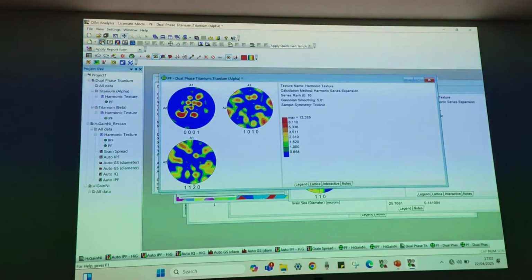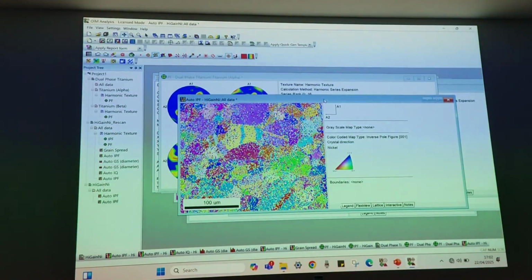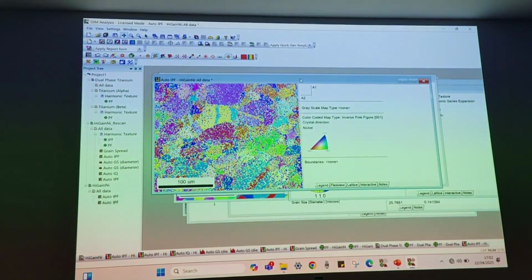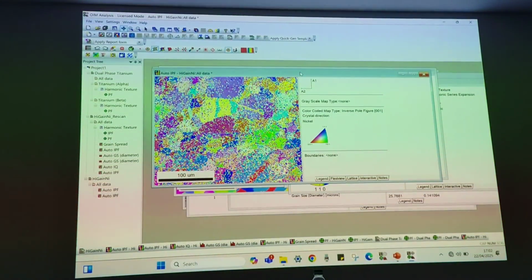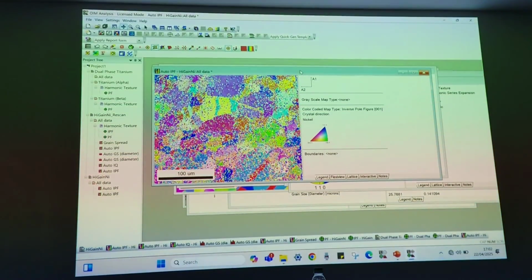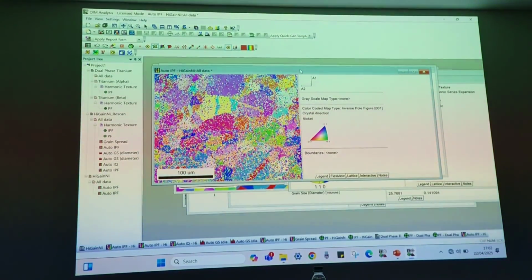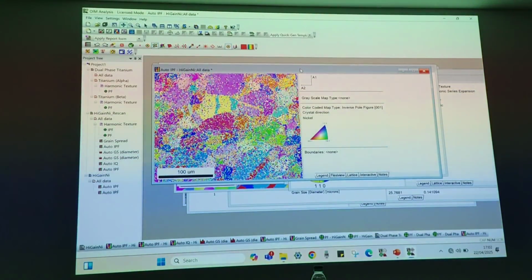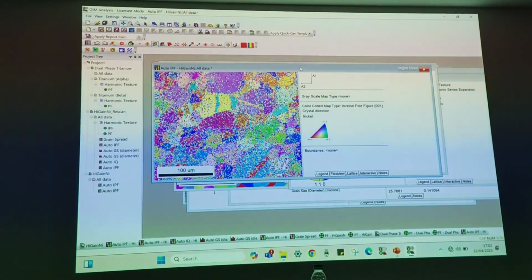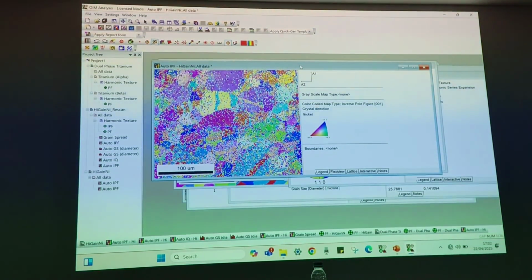So it is similar to the bulk texture analysis also. This is different. Bulk texture is a bit different because, as the name suggests, it is a bulk measurement. Here it's a micro texture. We call it micro texture. So you are going to a particular location and you are measuring the micro texture. Bulk information sometimes can be misleading because your beam diameter in bulk texture will be somewhere around maybe 1 mm, 2 mm. The beam measurement diameter is different.